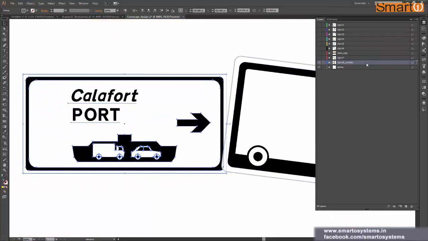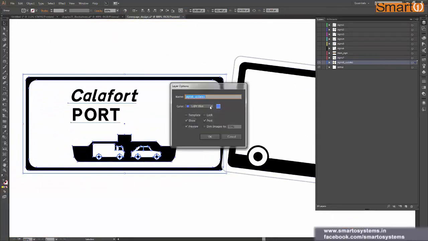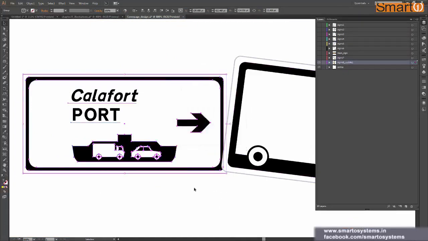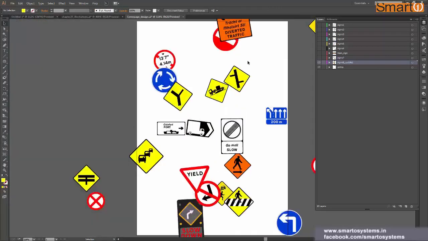So it is this color actually. Let us change this to magenta, and there we go. We have our color changed, and now all the outlines are in a different color and the bounding box is in a different color.